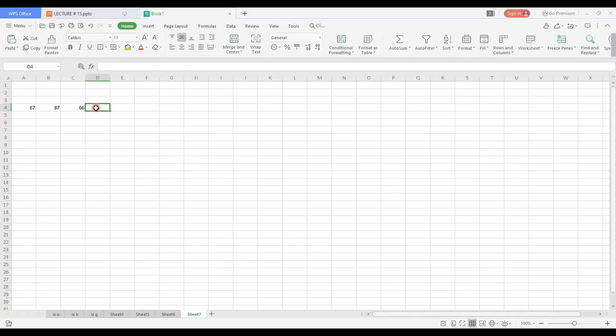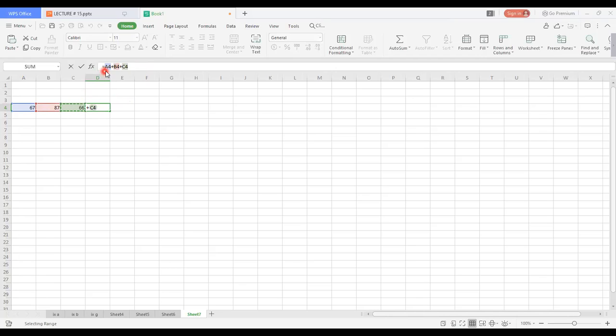If I'm going to add these, I type the equal to sign, then the operation will be plus. I'll select the cells only. This is how the formula is written.